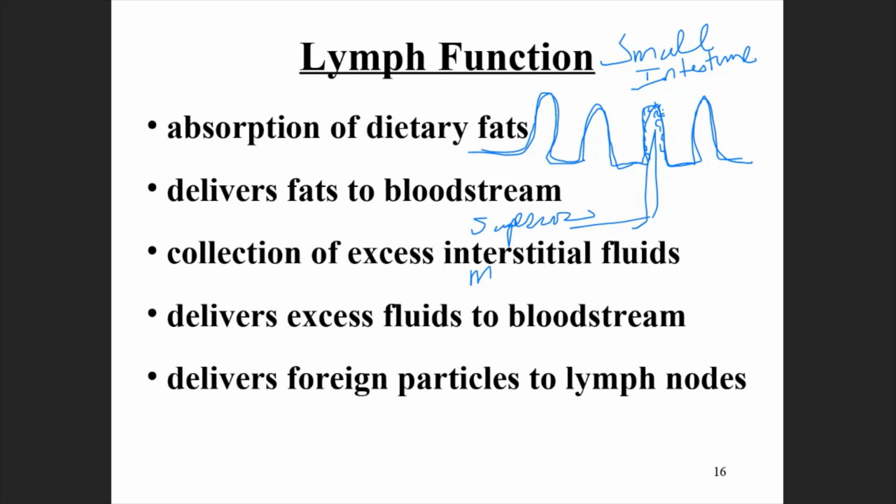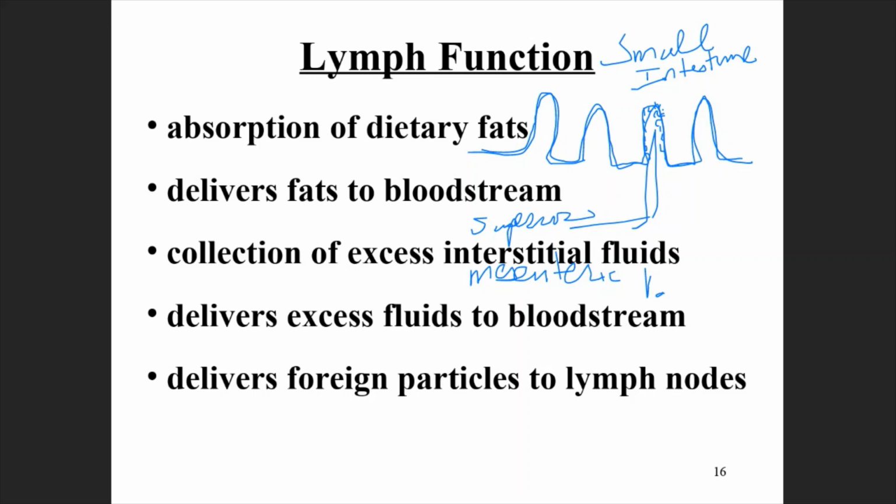And blood from the superior mesenteric vein will go into the hepatic portal vein, which then brings blood into the liver. And once the liver has processed that, it can dump that into the hepatic vein, which then goes into the inferior vena cava. So that's the key difference between the hepatic portal vein, which brings the blood to the liver, right? Whereas